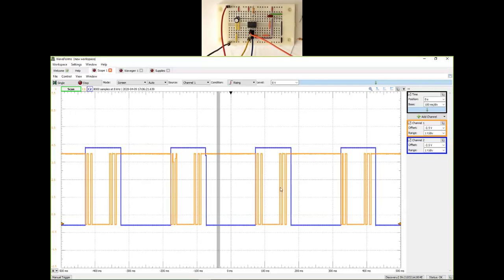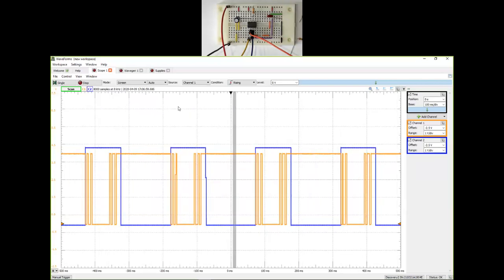Questions about how we are able to take fake data into the 555 timer to simulate, almost replicate, a fake switch, and are able to debounce that using hardware which is based off of a 555 timer? Okay, well, if you guys are okay with that, the next thing is going to be to